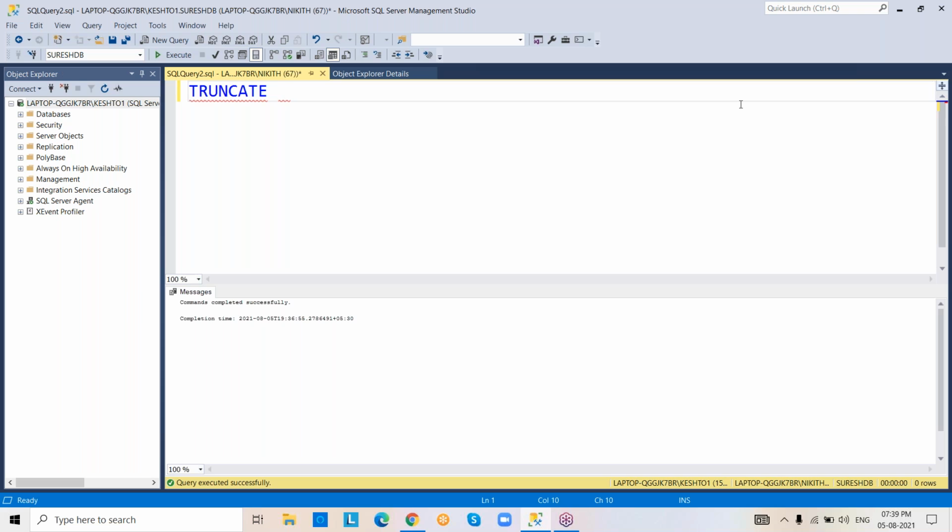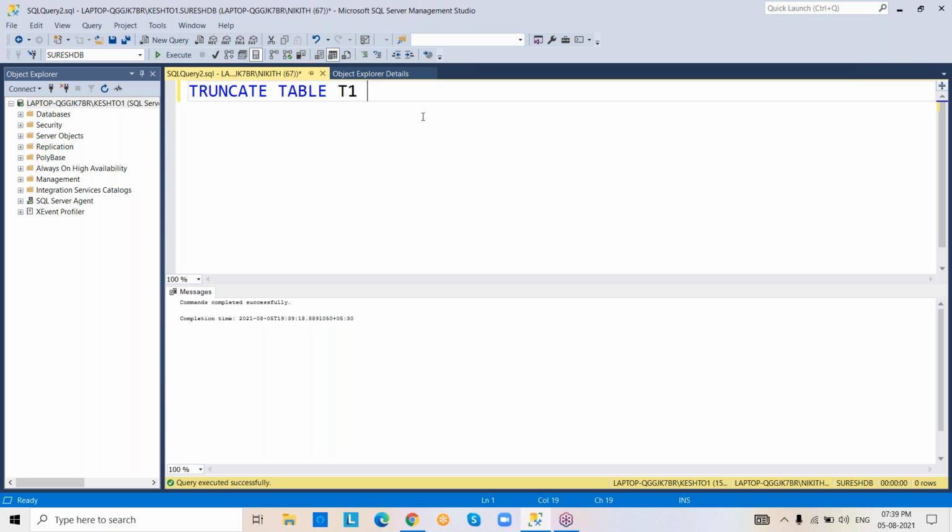The truncate command cannot delete structure. Of course, there is no data in the table, only structure created, but still I am going for execution. Suppose truncate table T1, execute. Why did I execute? I want to check whether the truncate command deletes the structure of the table or not.